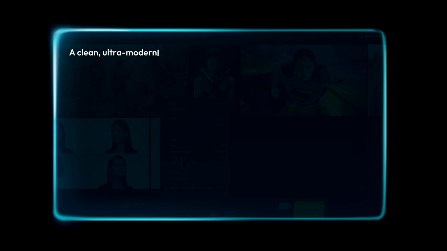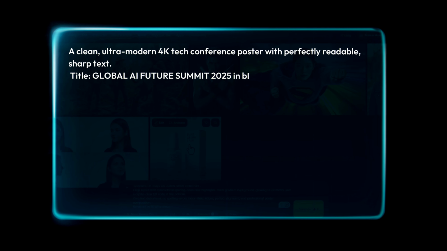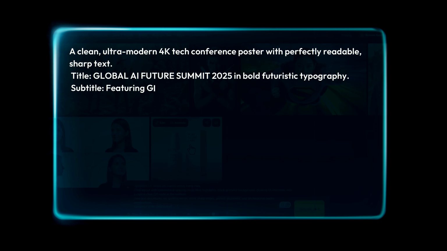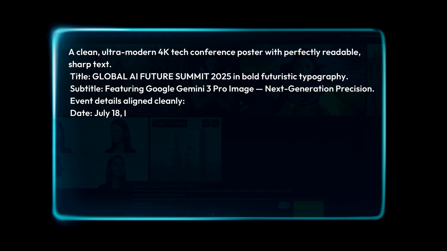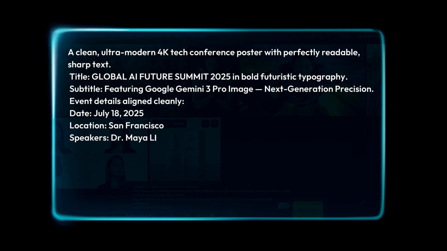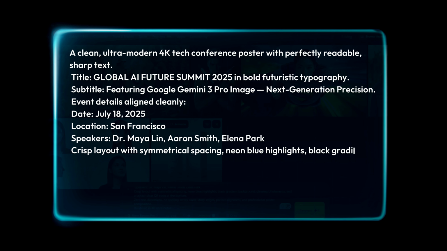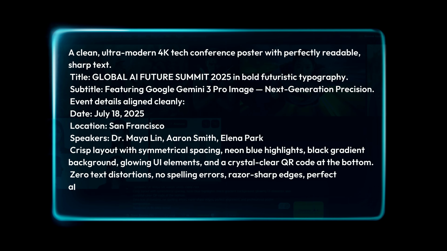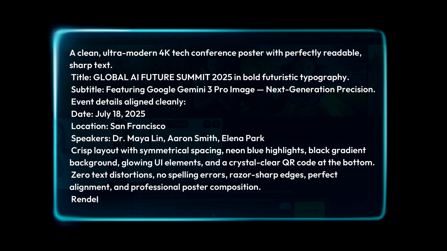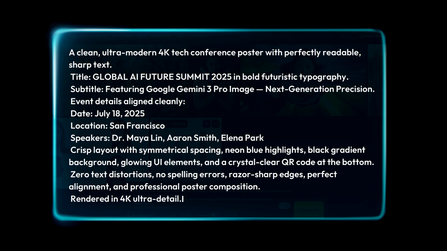A clean, ultra-modern 4K tech conference poster with perfectly readable, sharp text. Title, Global AI Future Summit 2025 in bold futuristic typography. Subtitle featuring Google Gemini 3 Pro Image Next Generation Precision. Event details align cleanly. Date, July 18, 2025, location San Francisco. Speakers, Dr. Maya Lin, Aaron Smith, Alina Park. Crisp layout with symmetrical spacing, neon blue highlights, black gradient background, glowing UI elements, and a crystal clear QR code at the bottom. Zero text distortions, no spelling errors, razor-sharp edges, perfect alignment, and professional poster composition, rendered in 4K